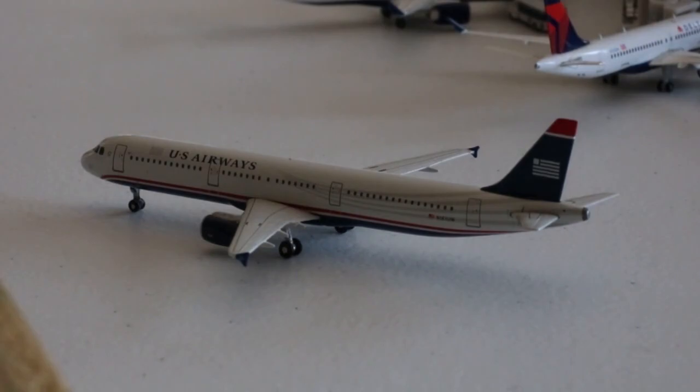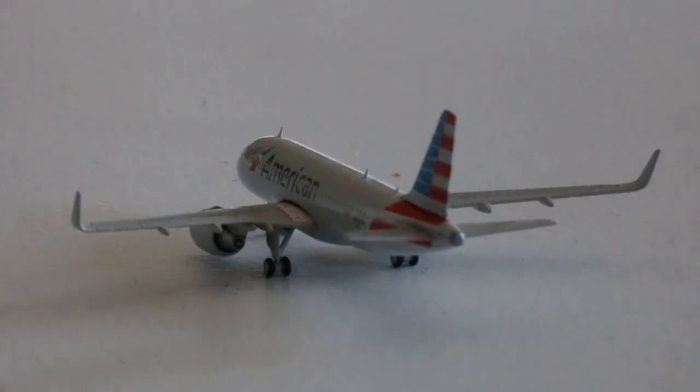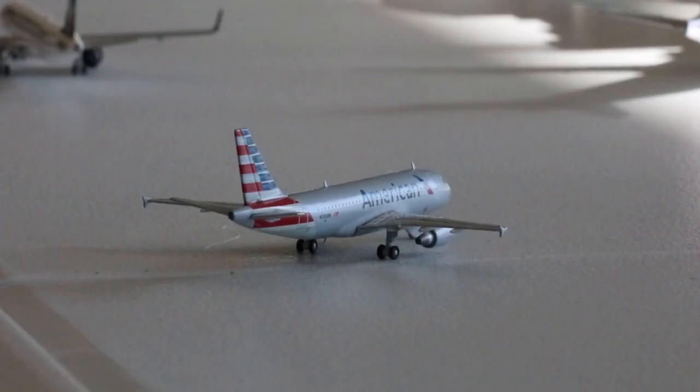Airways Heritage paint scheme. This guy's currently taxiing out with service out to Charlotte. Got an American Airlines Airbus A319. This guy's arriving in from Key West, and he'll be taking it over to Kansas City. And we will get one more aircraft before we start with the concourses. Got an American Airlines Airbus A319 with fence tips right here. This guy's currently arriving in from Newark, New Jersey, and he's going to be taking it over to Albuquerque, New